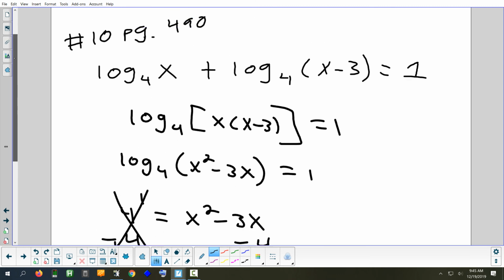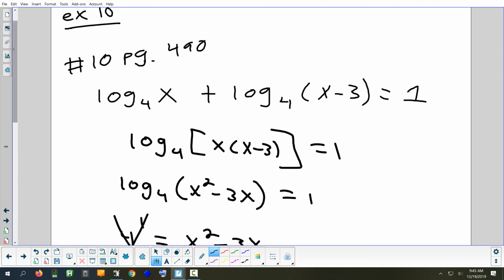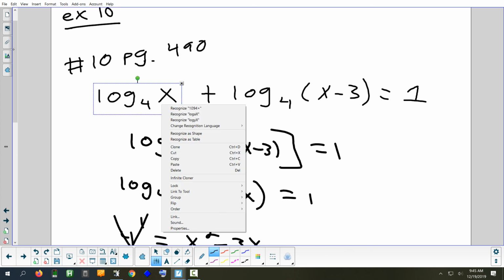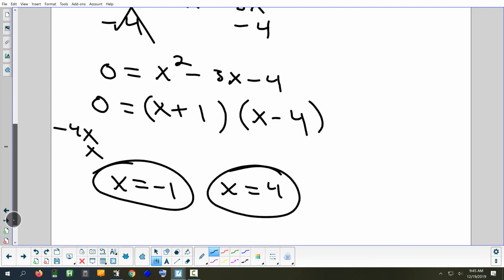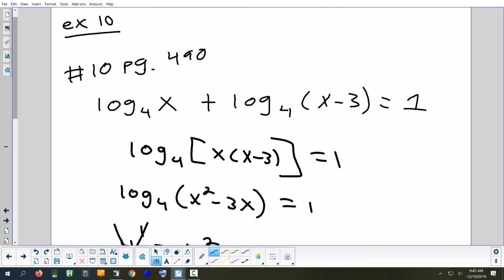Let's check -1. Can you plug -1 in for x? Anything important? No. If you plug it in here, you're going to be taking the log of -1. You can't do it. Now, 4 you could plug in, and we should be able to check it. If you plug it in, you'd have log base 4 of 4 plus